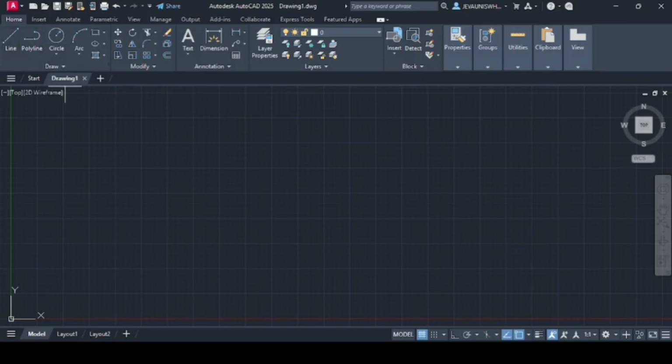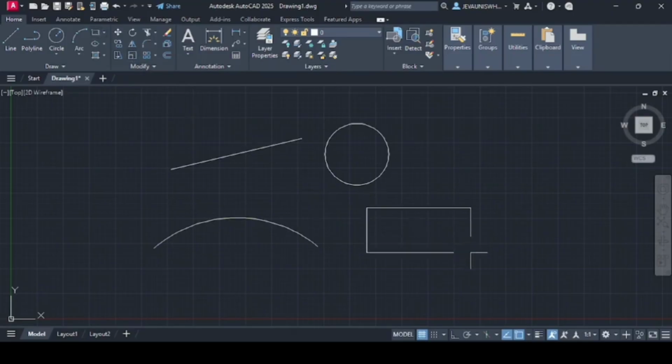So firstly, we have line, which just creates a straight line segment. Now we have circle, which creates circular shapes. And we have arc, which creates curved lines or arcs. Rectangle, rectangle just creates a rectangular shape. Polygon,